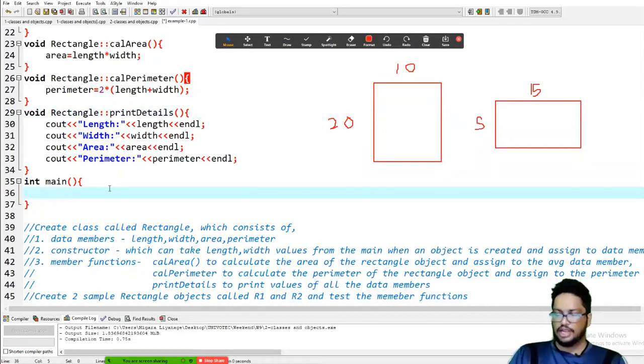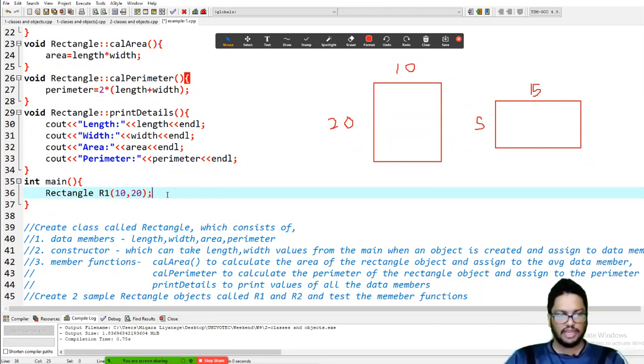So how are we going to create these objects? Yes. Rectangle R1, 10 20, right?